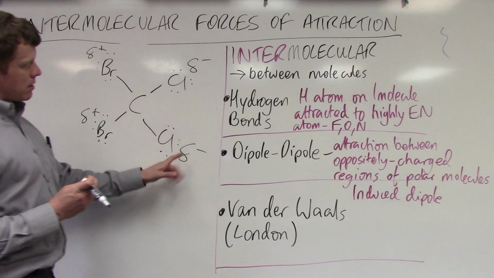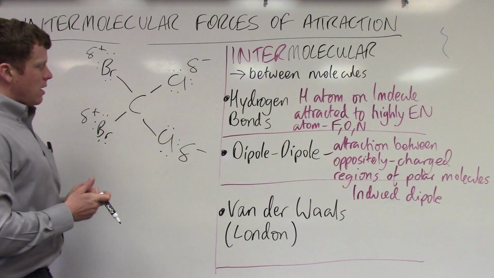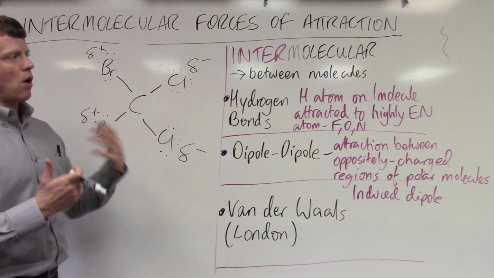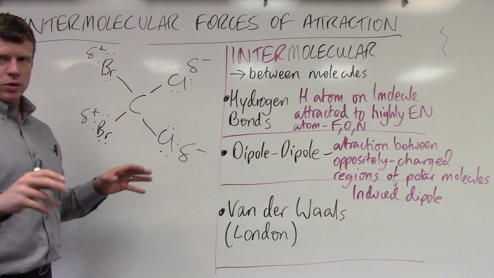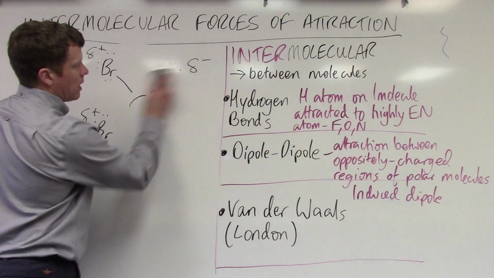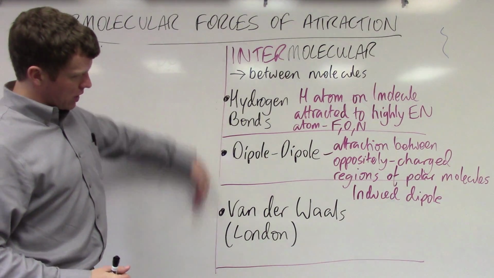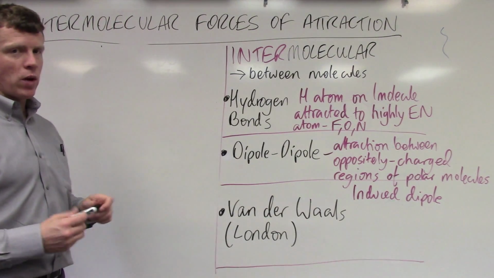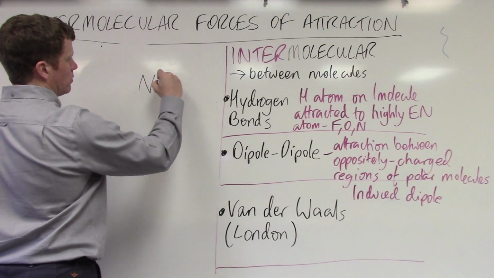So in this case, this area of the molecule could be attracted to this area and another molecule. So very, very similar to hydrogen bonding, but just can involve lots more atoms, and hydrogen bonding is obviously specific to hydrogen. So dipole-dipole is when you have polar molecules attracted to each other, and that's an example. So the van der Waals forces is the weakest. Actually, I didn't mention that earlier, but the strength of these goes this way. So hydrogen bonding will be the strongest, and then it goes down this way. So van der Waals are very weak, but they are present. So the idea of an induced dipole